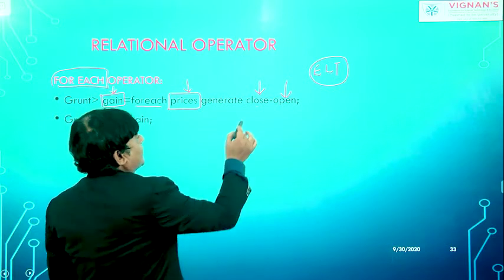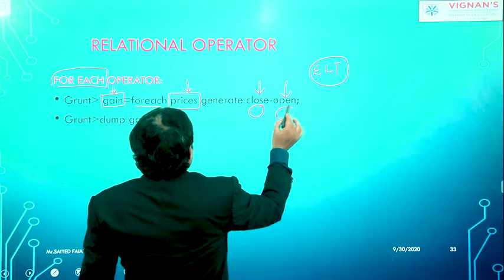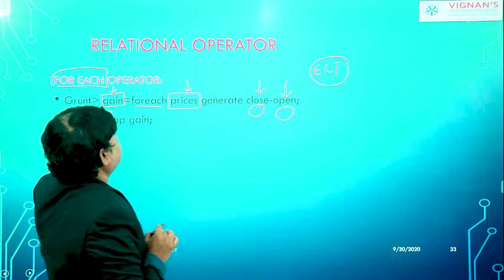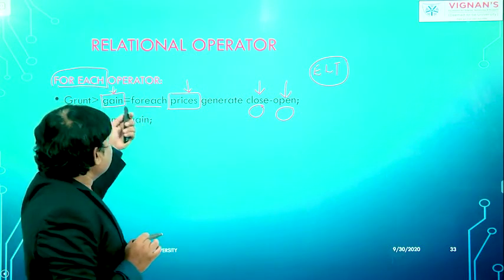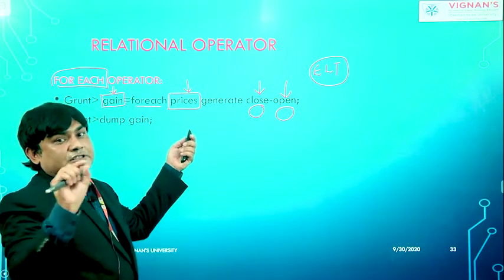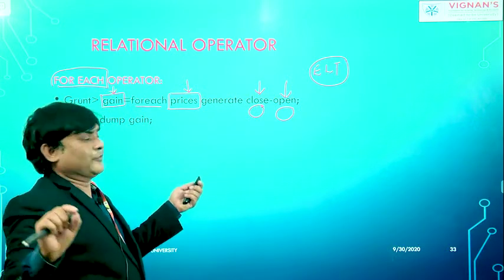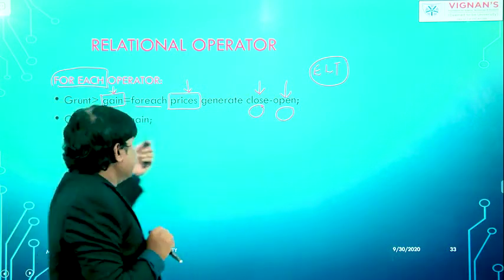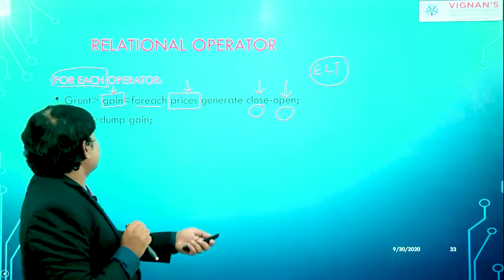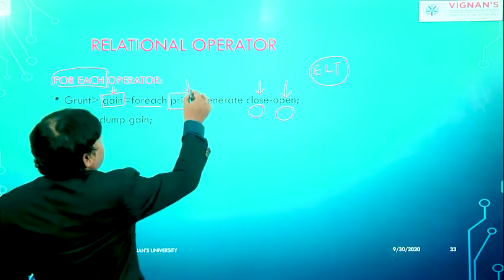It means we have some values of close and some values of open, and both will be subtracted, and we are going to store the result into the gain. For each means it is going to see each row. Each row's value should be calculated for the close and open, and after calculating, it will store the result into the gain relation.